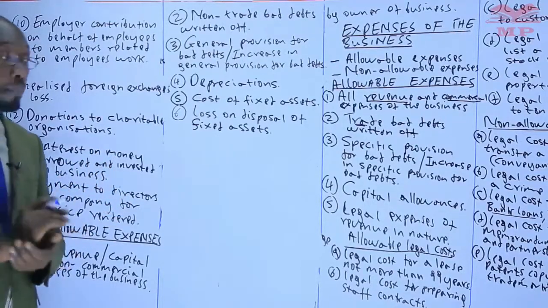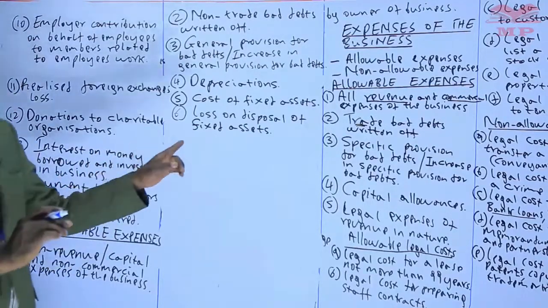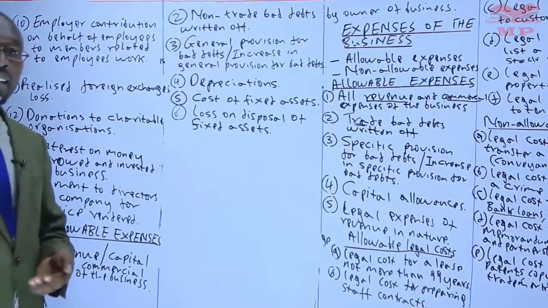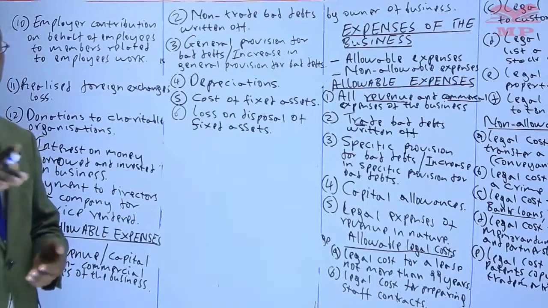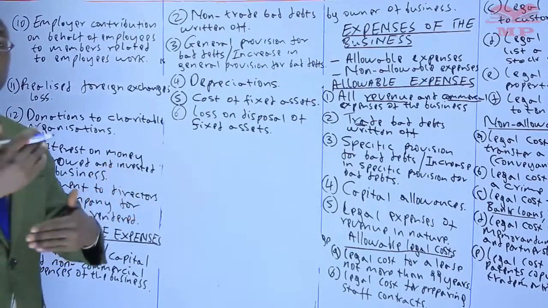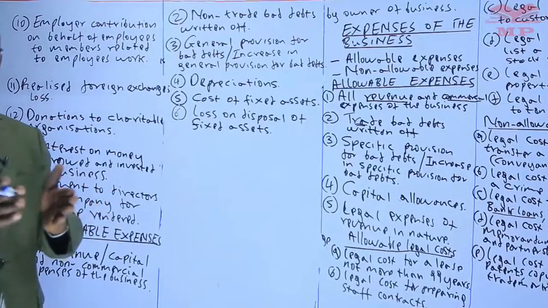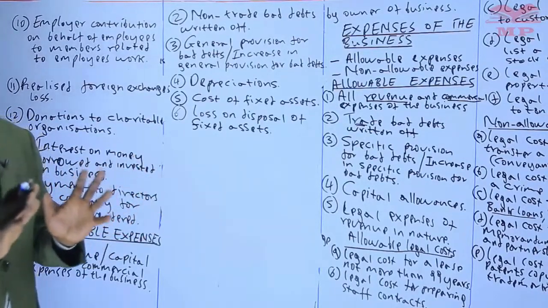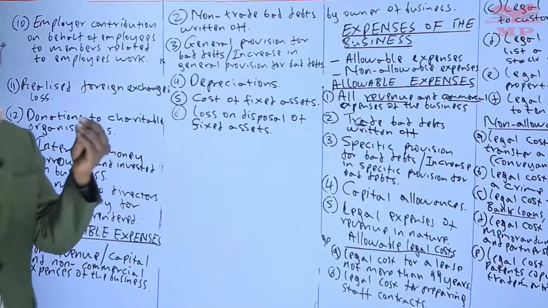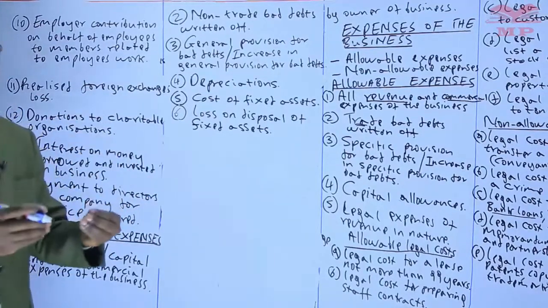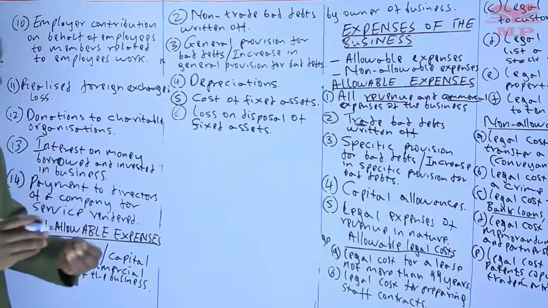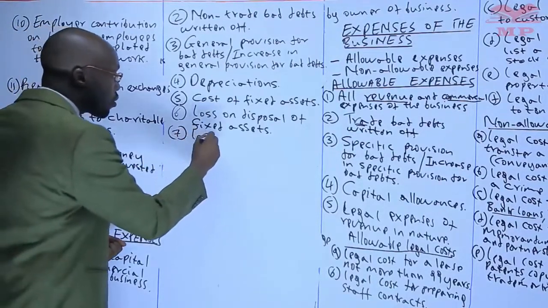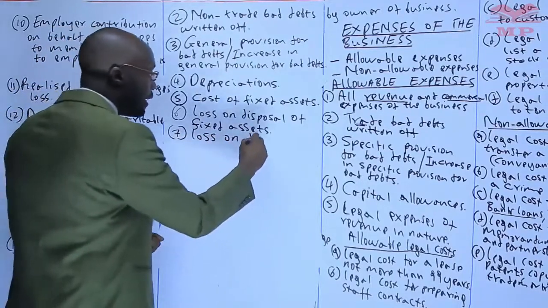If you remember, when we were looking at the incomes of the business under non-taxable, we said income or profit from the selling of fixed assets, we don't tax because these are not the items that you deal with in the business. So you make a profit, don't tax. You make a loss, don't allow it. Don't deduct it against the taxable incomes of the business because these are not the items you deal with in the business. They are not stock. They are not goods. Number 7, we have loss on disposal